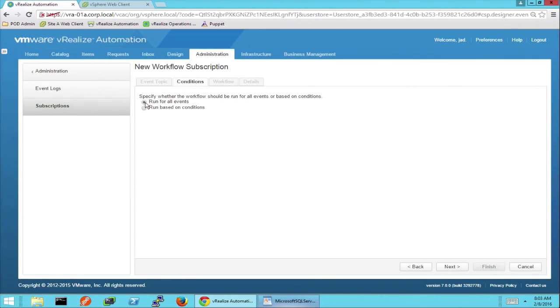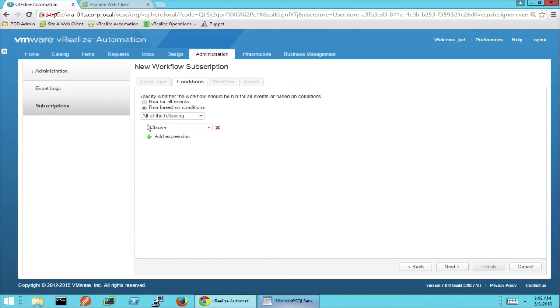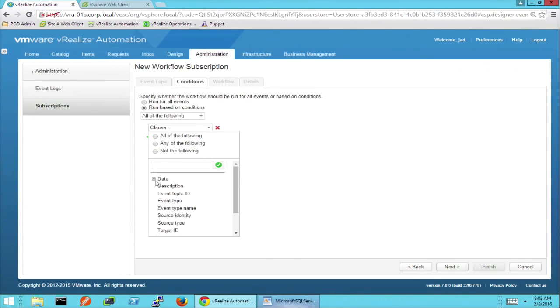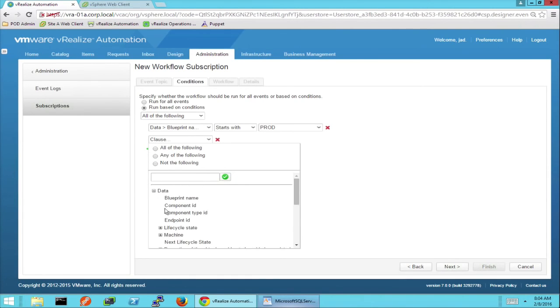Next, I can determine whether I want this policy to apply to all events or for a specific set of conditions. Since I only want snapshots for prod vSphere machines, and only after they've been delivered as built, I'm going to create a subscription based on a set of specific conditions, all of which should be present prior to triggering the workflow. So here I'll create a policy with the blueprint name that starts with prod, a machine type, a virtual machine,